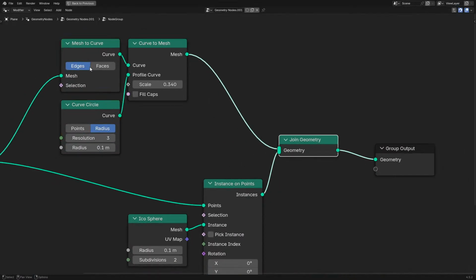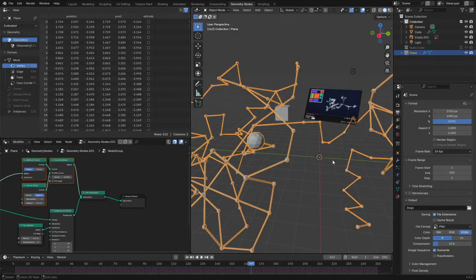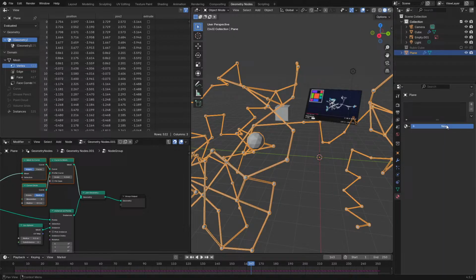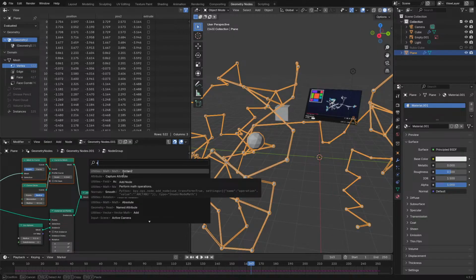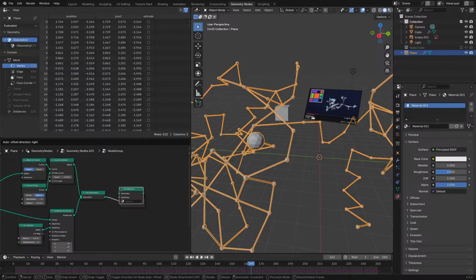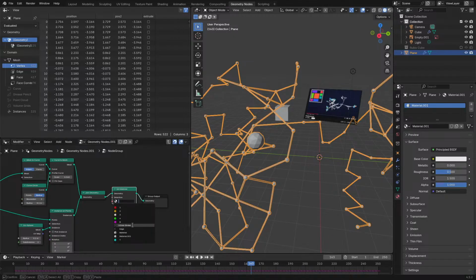Let's also make some nice materials for these. Soundtrack is going so hard, you'll love to hear it. Let's make it so that both of these have the same material, and I could just use the same attributes on both. So let's use a nice set material node. Oh yeah, this song is a jam. This will be